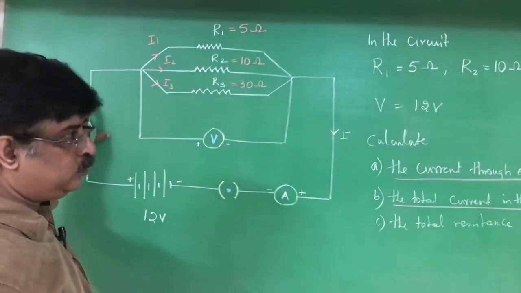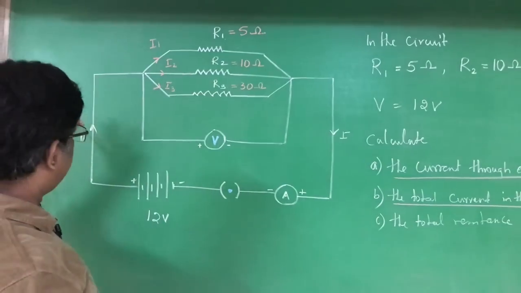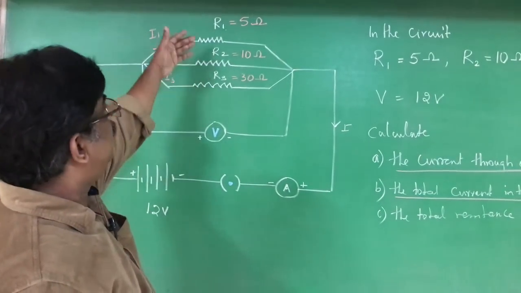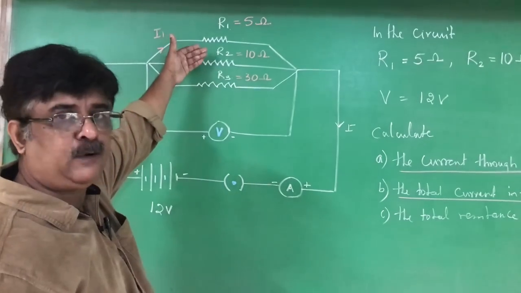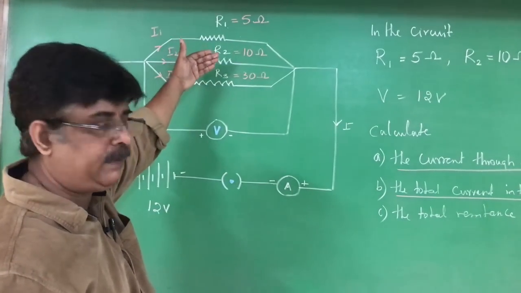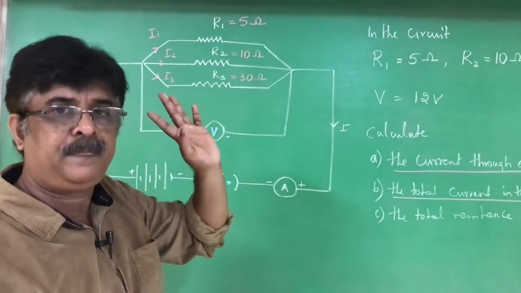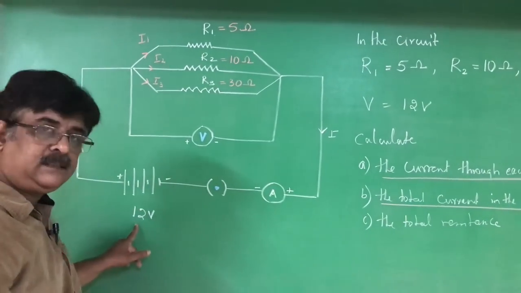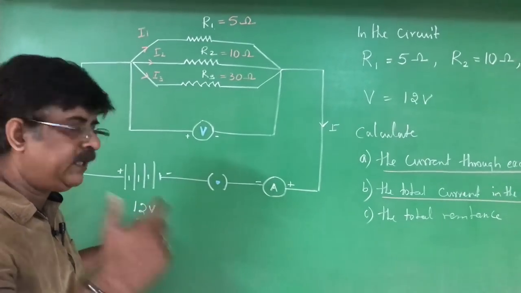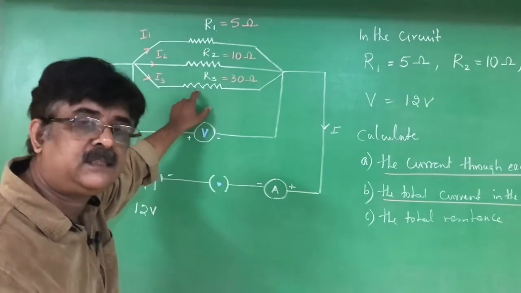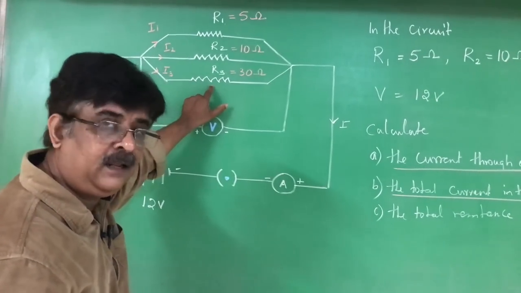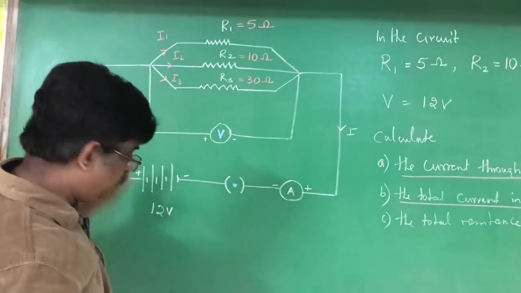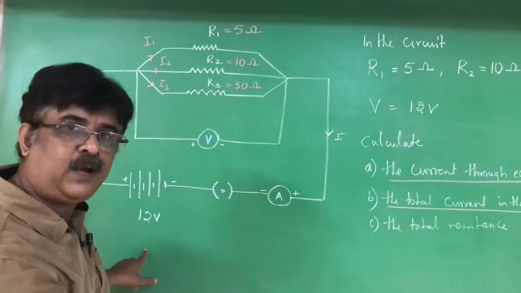Once I is known to us, we can find the total resistance. We know the total resistance is calculated by the formula 1 by Rp is equal to 1 by R1 plus 1 by R2 plus 1 by R3. I got it as 3. And total current is 4. Voltage they have given as 12. How nice a problem, you see. The total resistance we got is 3. The total current we got is 4. 3 fours are 12. V is equal to IR. Simple.